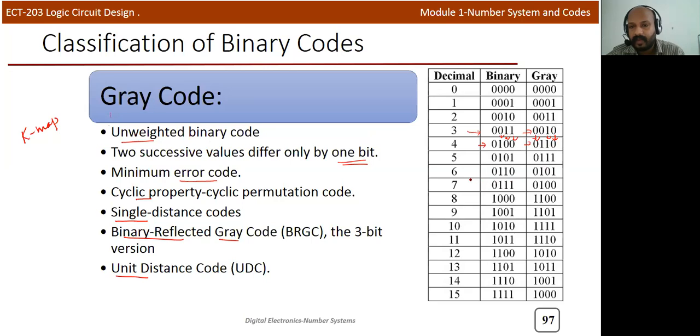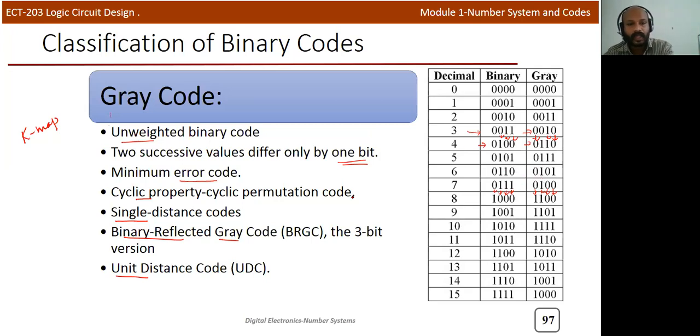We can take another example. Let's take 7 and 8. Here you can see 1 changing to 0, 1 changing to 0, 1 changing to 0, and 0 changing to 1. So that is a 4-bit change in binary. But if you look at the Gray code equivalents of 7 and 8, the 0 is exactly the same, 0, and only 1 bit changes, 0 changing to 1. That's why it's known as a single bit change. There are many advantages to a single bit change in practical applications.